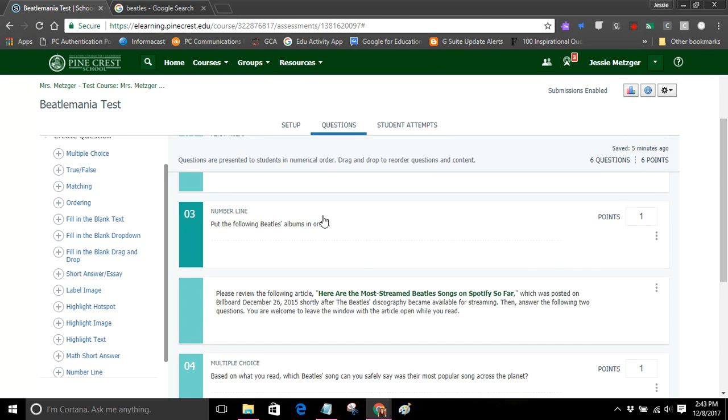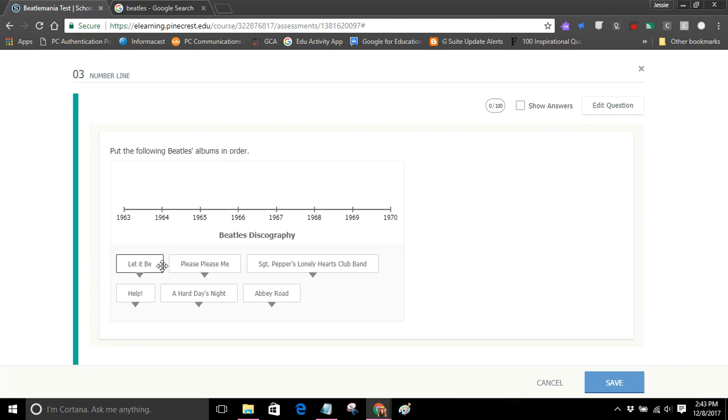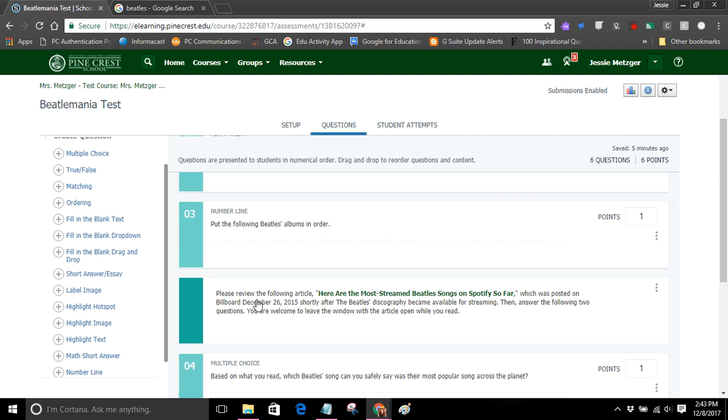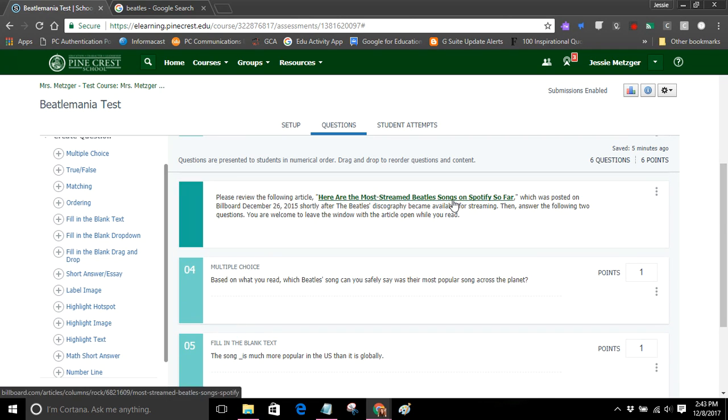There's the number line question type, which doesn't have to be a number line. I made it a timeline so that this could be, again, another drag and drop situation where the students would identify where in the timeline a certain event happened, or it could be a number line for a math question, just depends. You can put a text box in, which is what I did here, a text box,